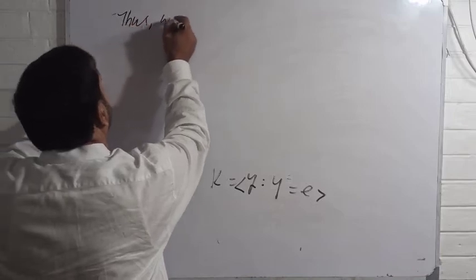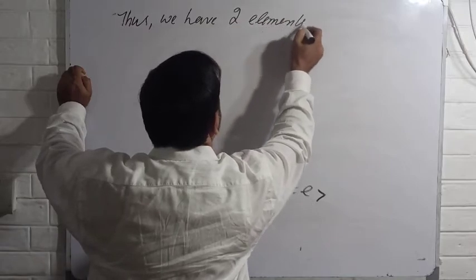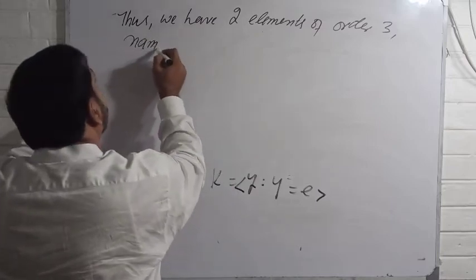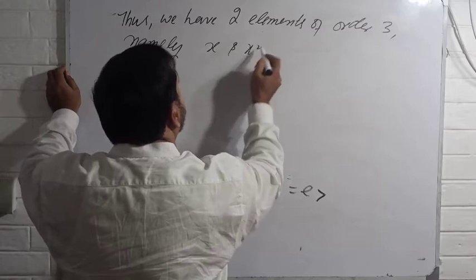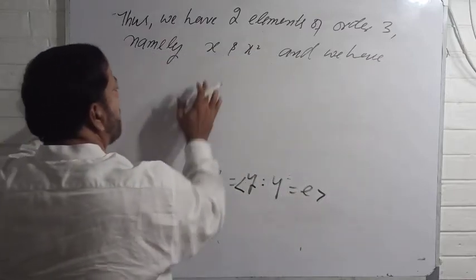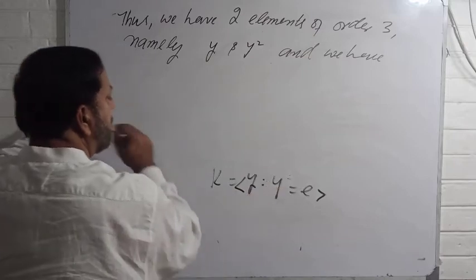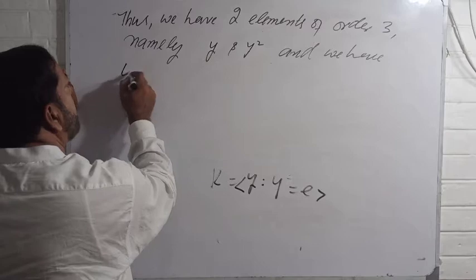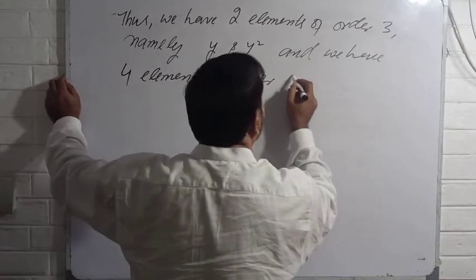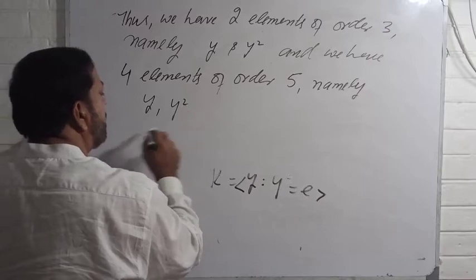Thus we have 2 elements of order 3, namely x and x square, and these are y and y square, and we have 4 elements of order 5, namely x, x square, x cube, x4,